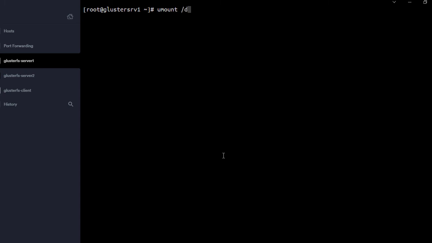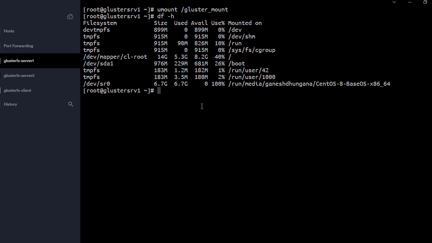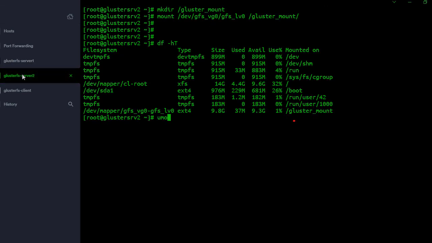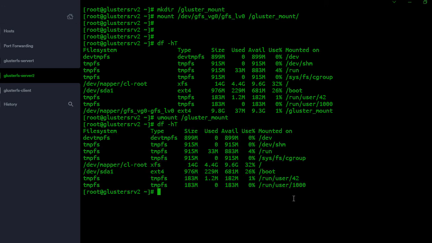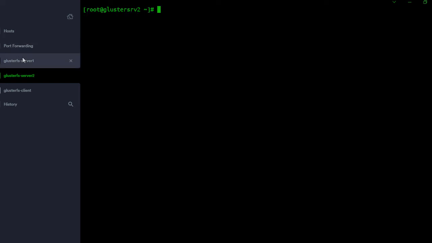Umount. If I do df -h, then I can see the mount point has been removed. And if I do umount on the other server and df -hT, there is no mounted folder. Now let's go to fstab.